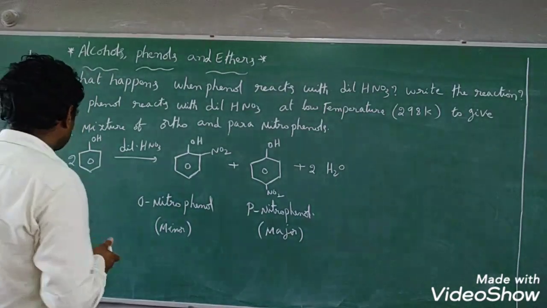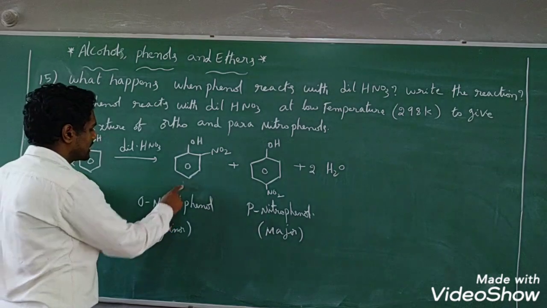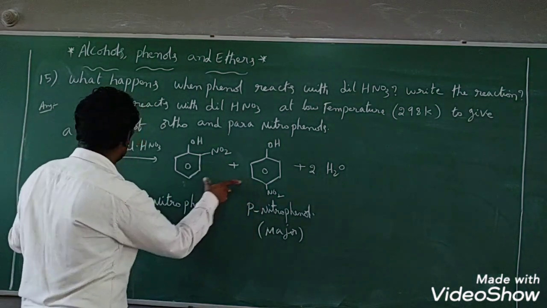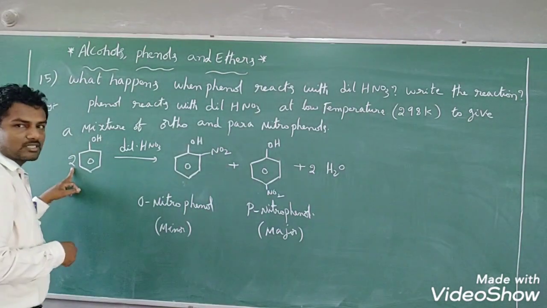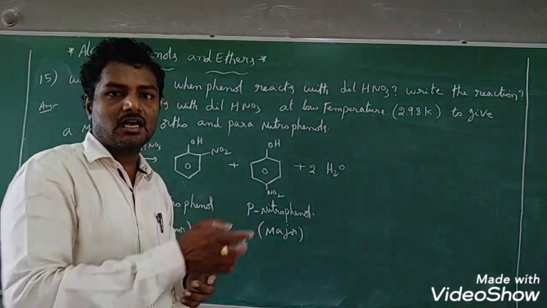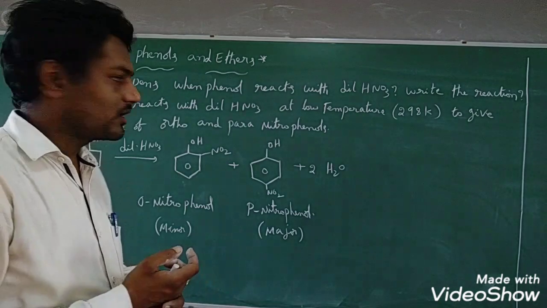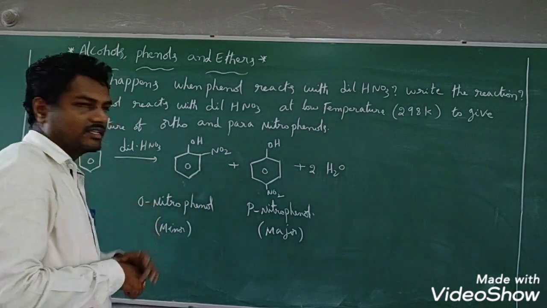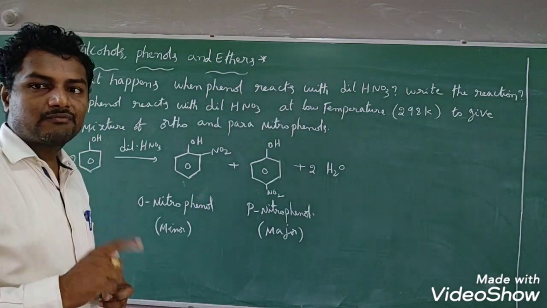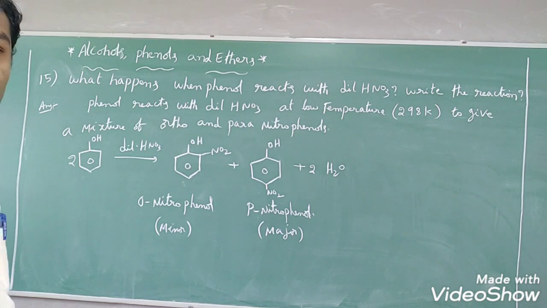Now here 2 moles of phenol we have taken, because one product we have got is the minor product, orthonitrophenol, and another product we have got is paranitrophenol. To balance the equation, how many moles of phenol have we taken? 2 moles of phenol. This type of question we have already seen earlier, with the bromine molecule, right? That was bromination, this is the nitration process. If you use dilute HNO3, this is the situation that will happen. If concentrated HNO3 is used, what will happen, we will also see that, students.